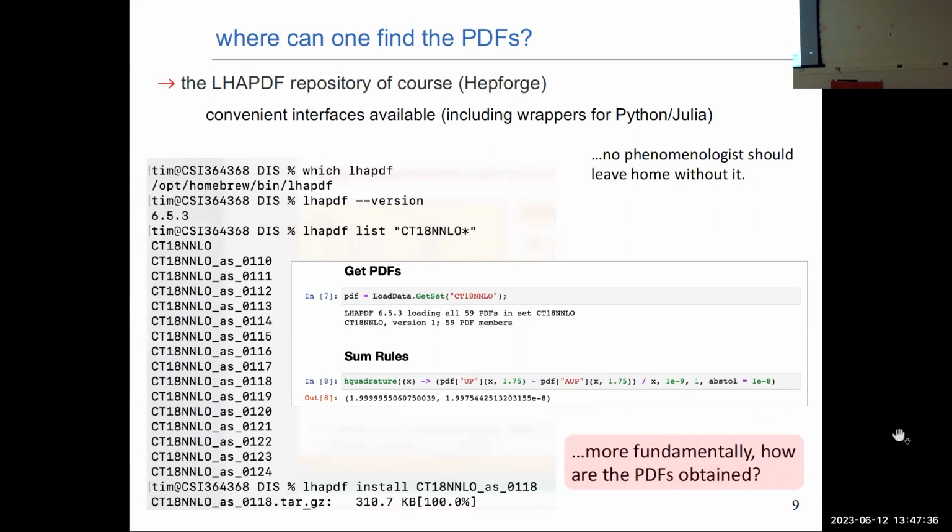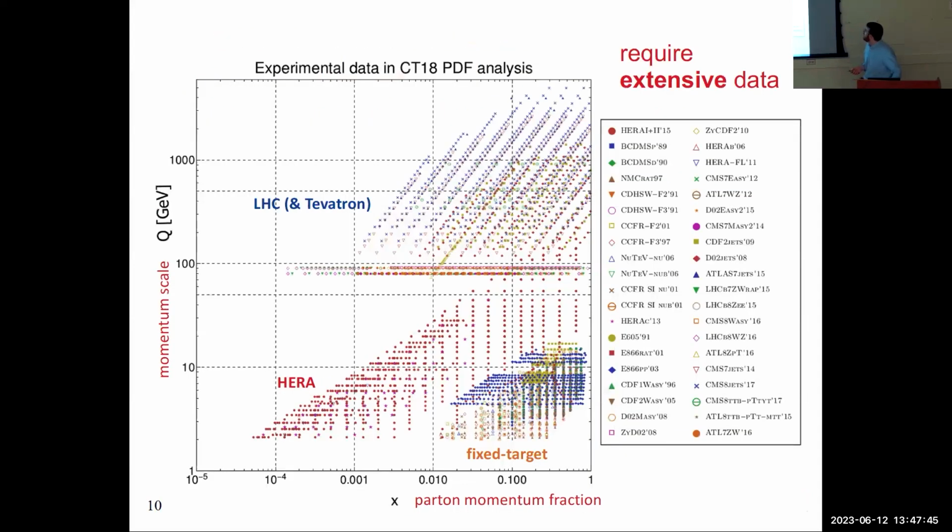Okay, so great. Are there any questions up to this? Does it sound familiar to what you've heard already, perhaps in this meeting? Good. Yeah, so as I just mentioned, we need a lot of data if we do this. And the reason for that is because we have to somehow extract this complicated X dependence for the PDFs. There's a flavor dependence, as I'll go into a little bit more detail in just a moment.